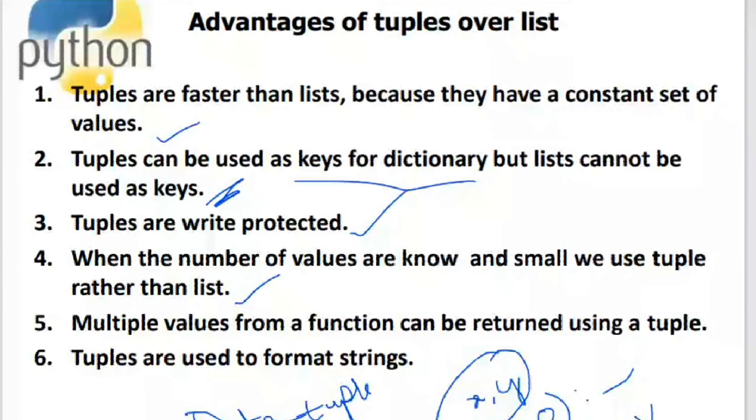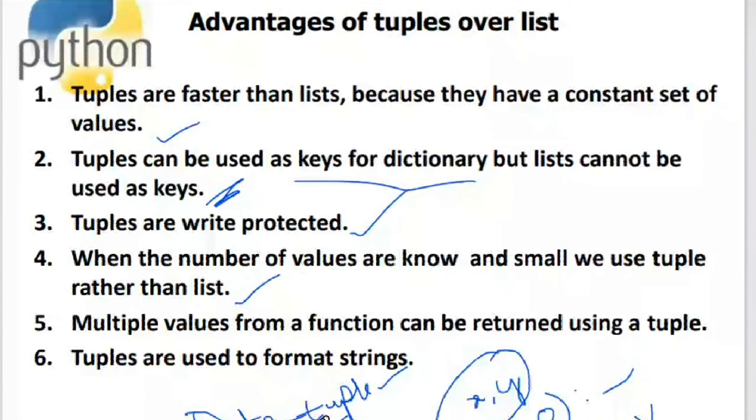If it is heterogeneity of data, if the data that you want to represent is heterogeneous, like multiple kinds of data, then you take tuples. If there is homogeneity, meaning that it's a list of marks, so all the data is the same, like floating data, then in that case I can just choose a list.